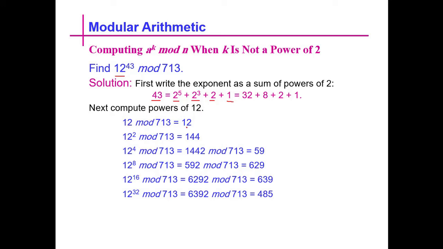So 12 mod 713 is equal to 12. 12 to the power 2 will give us 144. Since we cannot divide this 144 by 713, this will be the result. And by taking 12 to the power 4, we have 144 squared mod 713, which gives us 59. So like this we can compute all the powers of 12 mod 713,